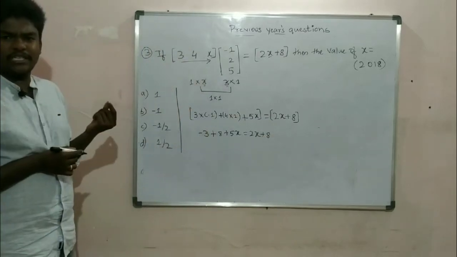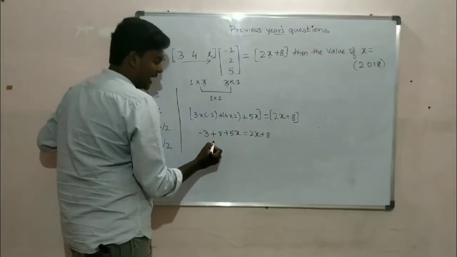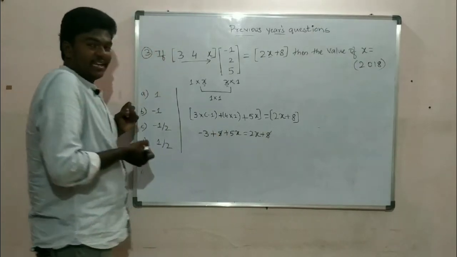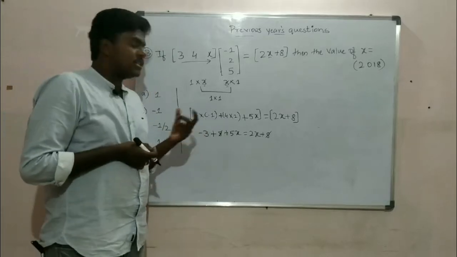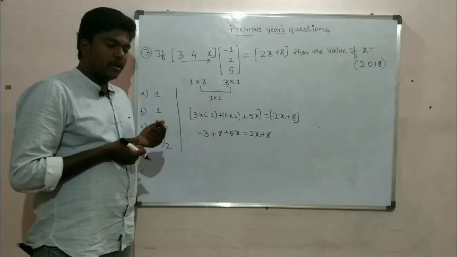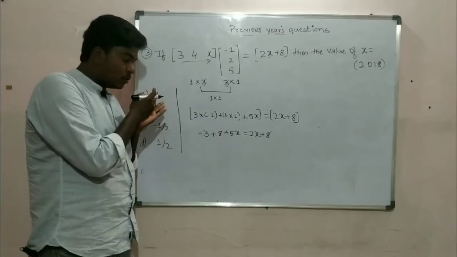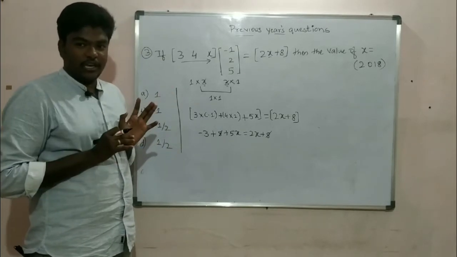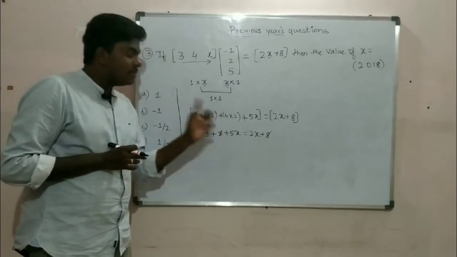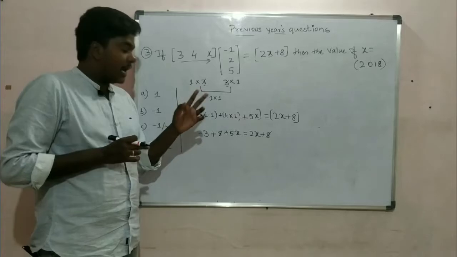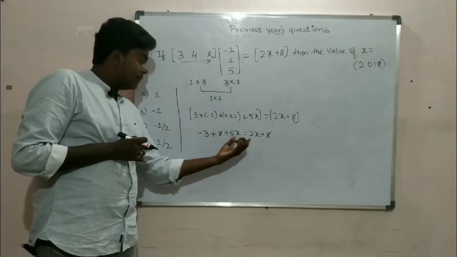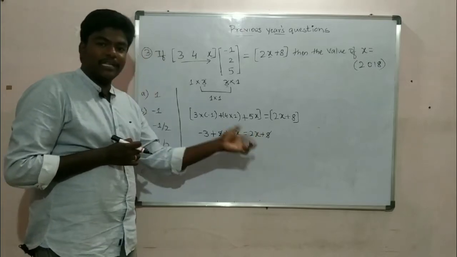So we need x here. We can cancel this plus 8 and plus 8. This cancellation is based upon the condition that if you have the same number with the same sign on both sides, one in the LHS and one in the RHS, you can cancel it easily. I have plus 8 here, I have plus 8 here. So these can be cancelled. Don't get confused and don't cancel the opposite sign ones. Plus 8 is in the left hand side, plus 8 is in the right hand side, so I can cancel both.